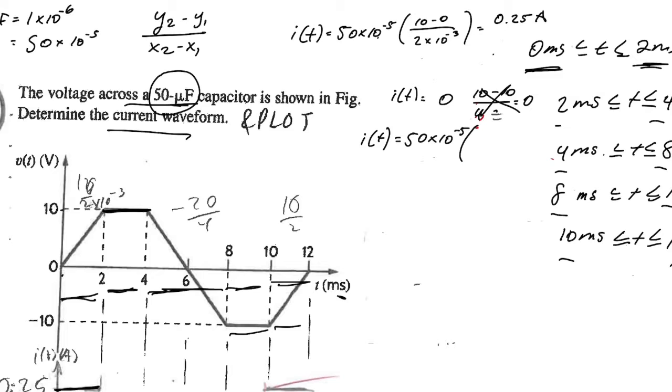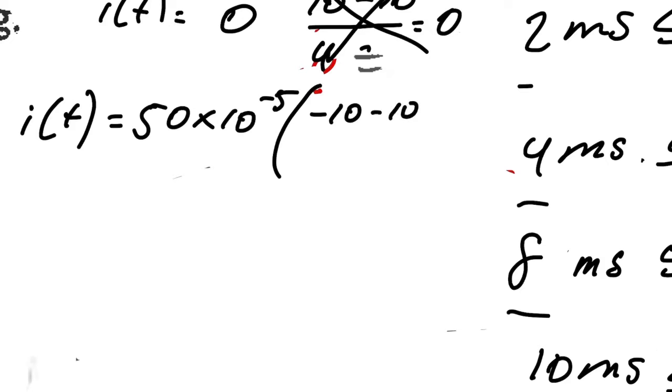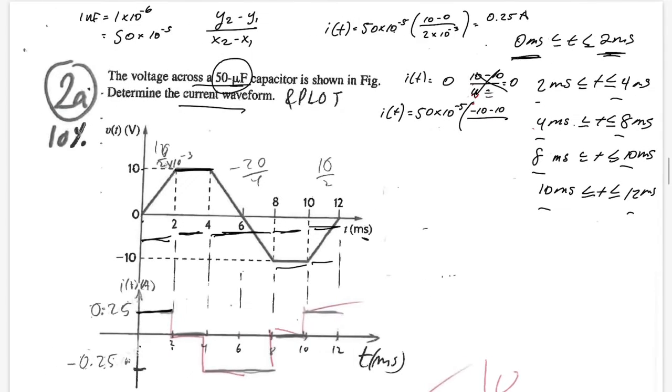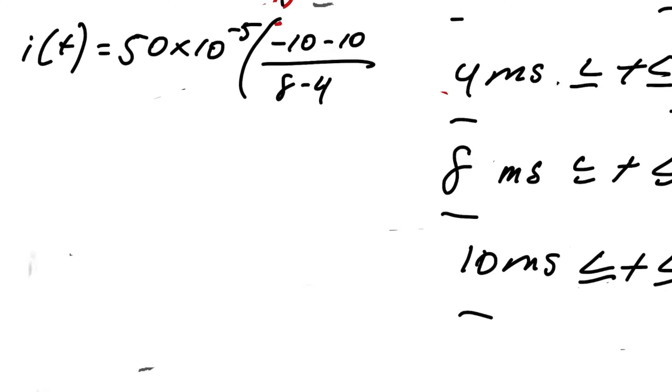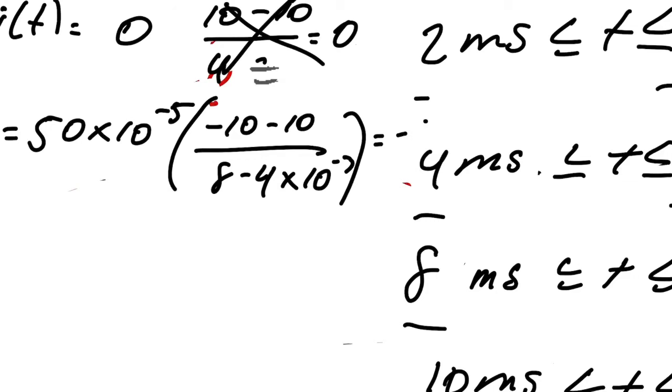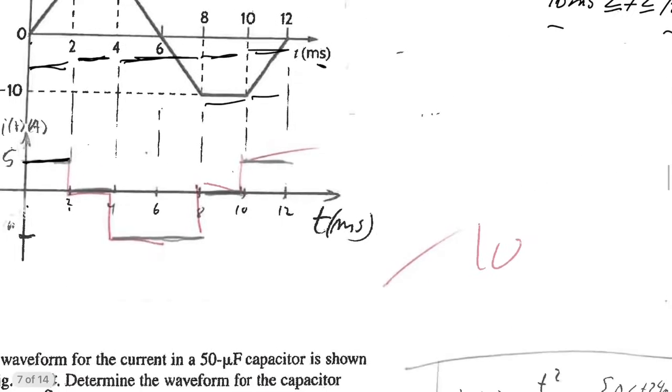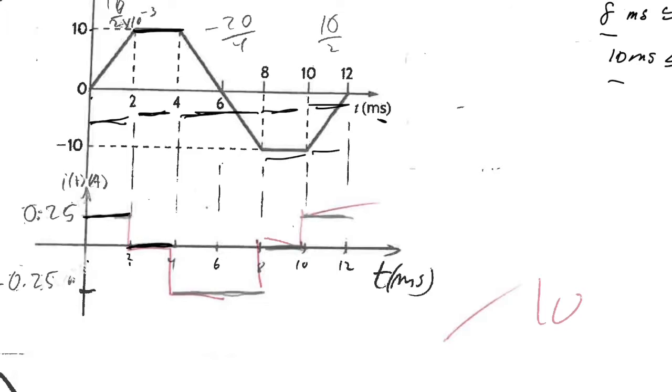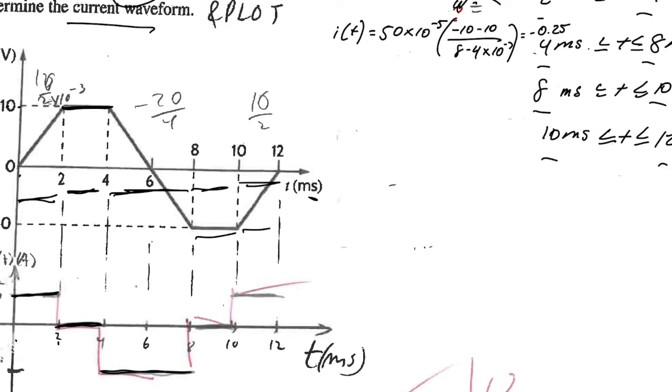Okay, negative 10 minus 10 over, and then the x is 8 minus 4, times 10 to the negative third, and that is going to give you negative 0.25. And so down here we drew in a 0 from 2 to 4, and then a negative 0.25 from 4 to 8. Continuing on to the next one, you can see no current change from 8 to 10, so I_T